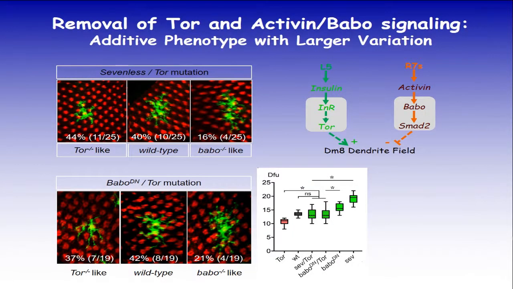So lastly, we already show you that the insulin pathway function promotes expansion of the DMA dendrite, and the activin secreted from the R7 photoreceptor that through the transcription factor SMAC2 to inhibit or to suppress the expansion of the DMA dendritic arbors. We wonder how these two pathways might interact. So we can remove both pathways by either remove TOR and remove R7 or some combination of that.